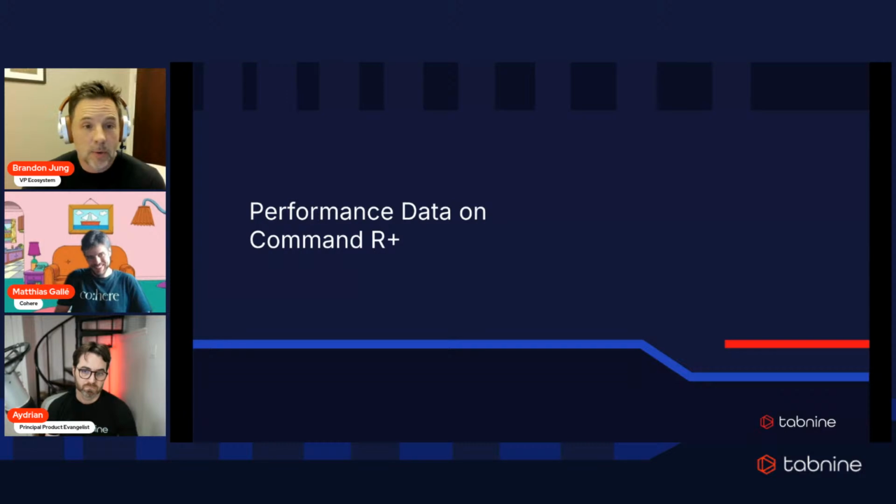But one thing we do take from our 1 million+ developers is if you accept a suggestion, we keep that as a signal that they liked the suggestion. If you accept it, that's a very good indication that what was given to you was good. We don't keep what it was. We don't have any extra data of what it was. But in aggregate, when you talk about millions of developers using it, it gives some very good data.